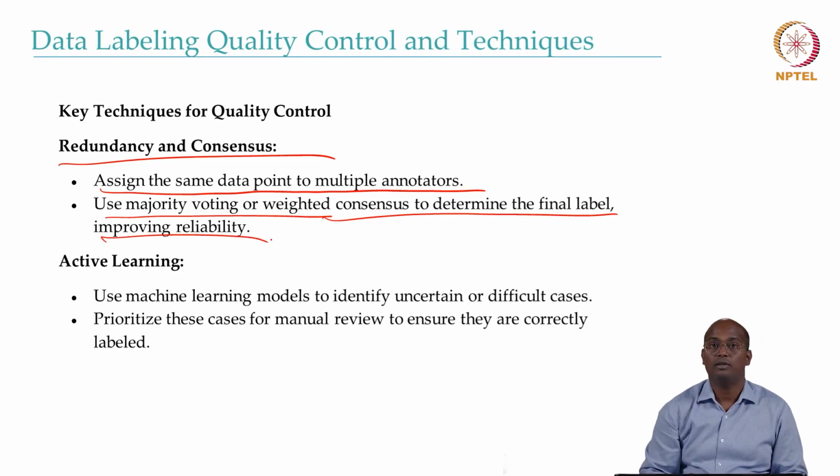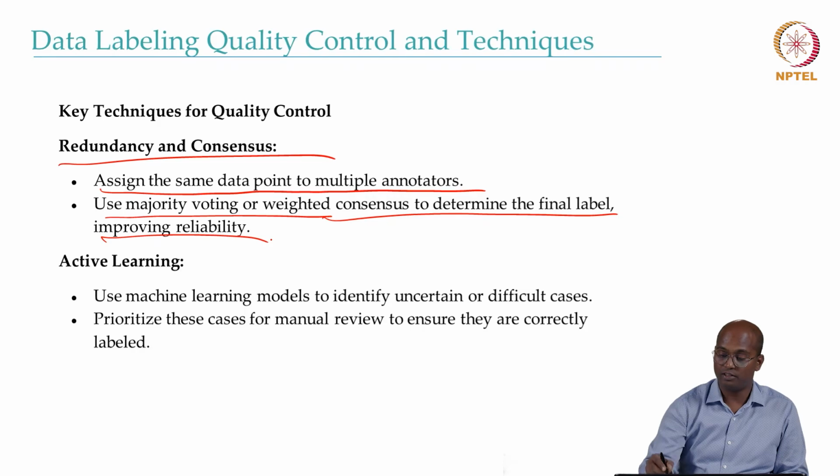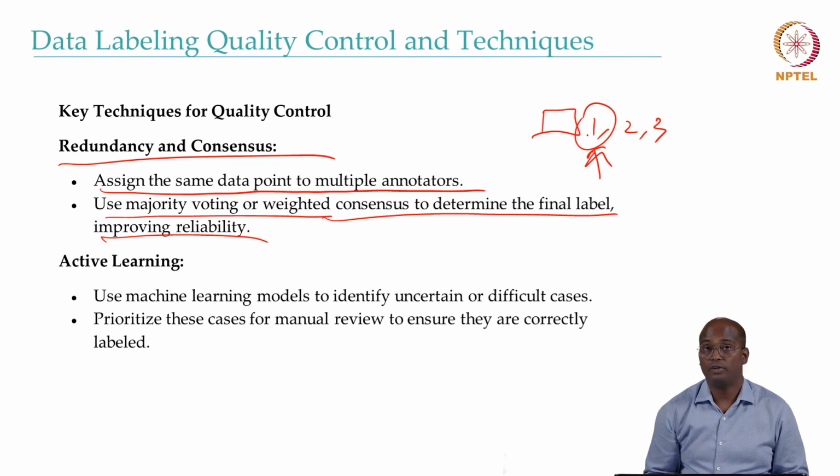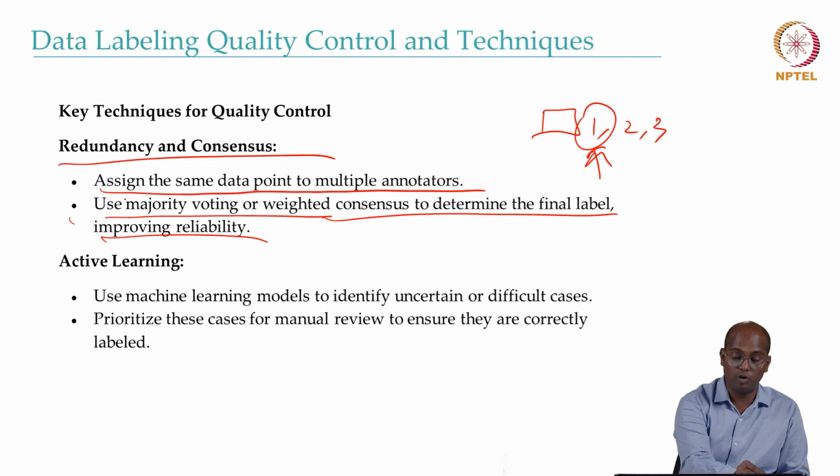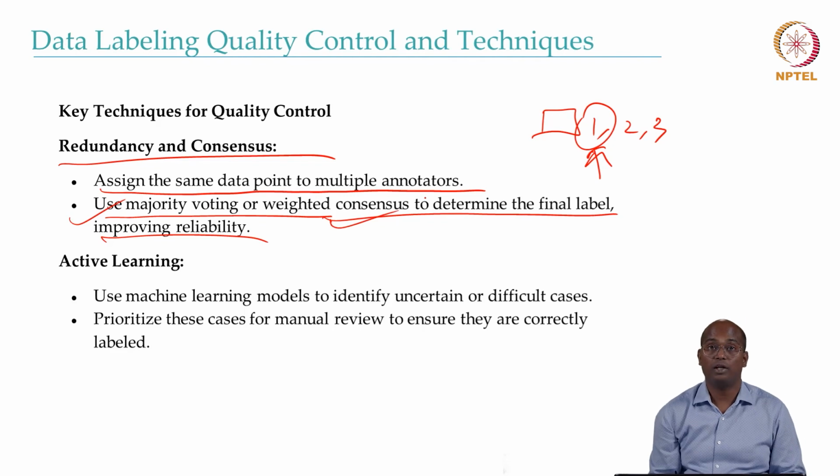So sometimes, questions are quite easy, or probably the options are quite obvious. So for example, in the previous slide that we discussed, we have a task where you have option 1, 2 and 3. If it is very obvious that the option A is the answer, that's good. But it is not like this always. Often you may have some responses or answer which are more subjective in nature, or probably it may be based on the different set of user that you are using, the response would be different. So in that case, this majority weighting and the weighted consensus help you in determining the kind of right data.